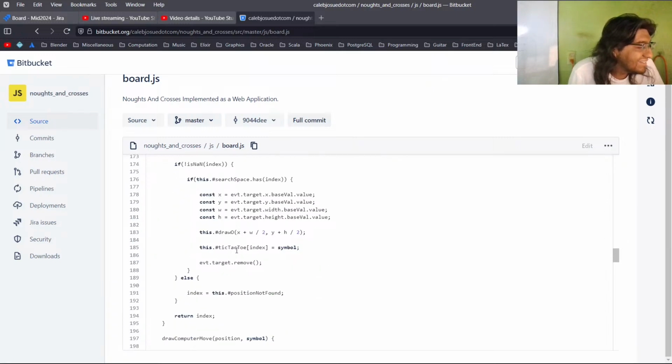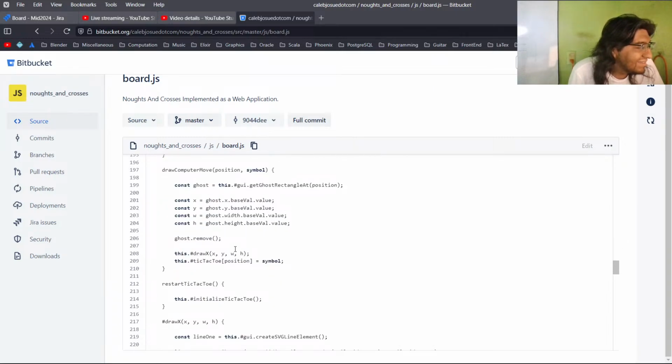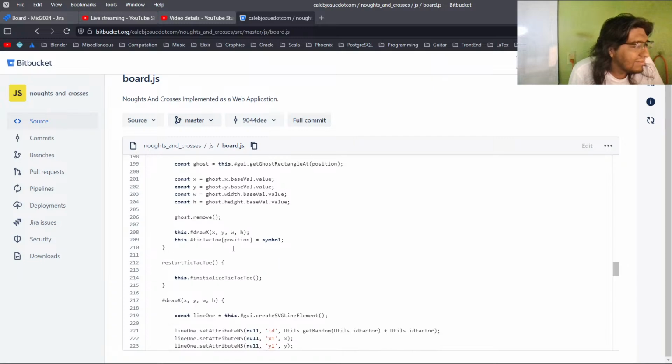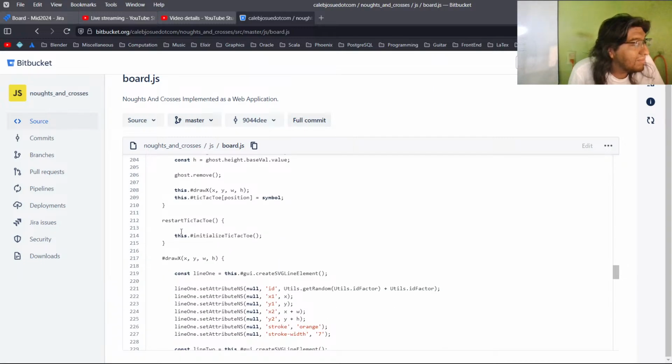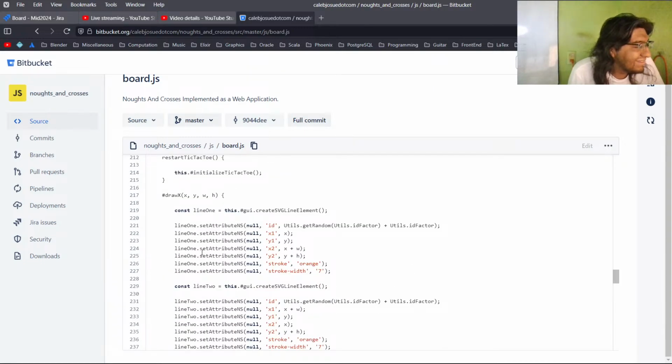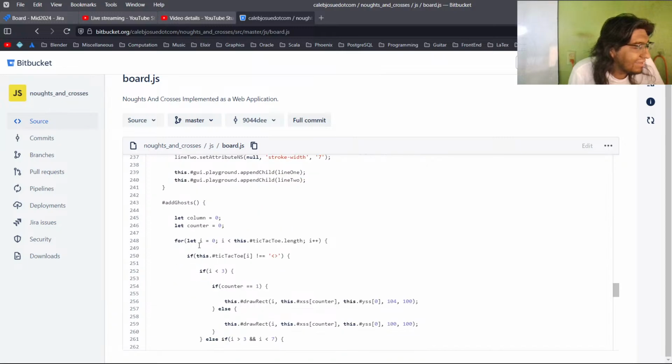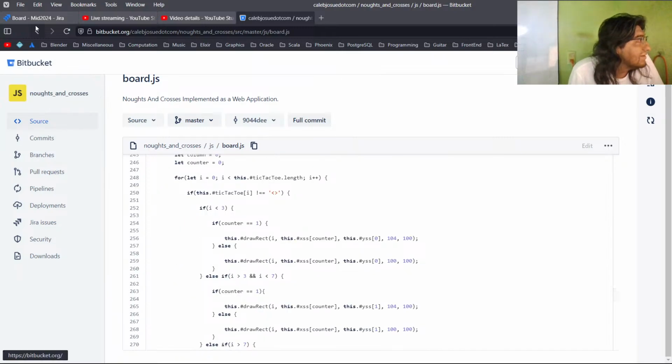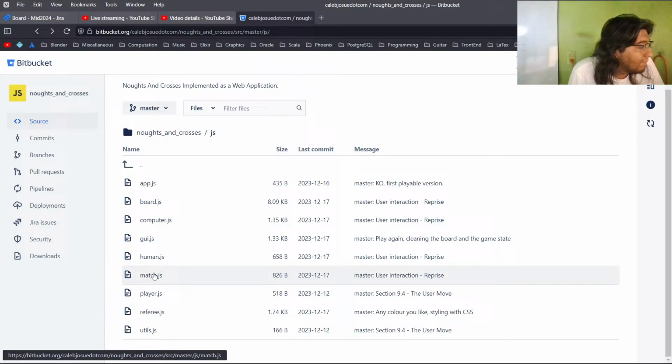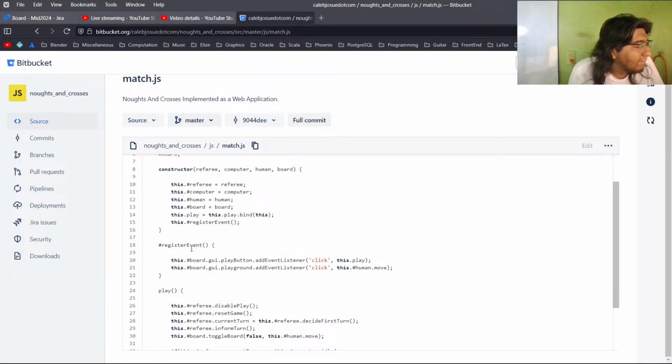The match. The match here is the one named him. This move, and it's been